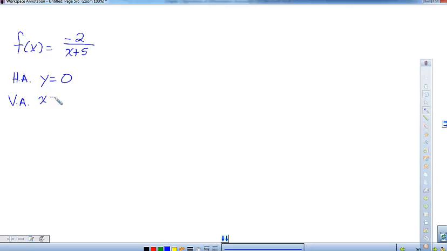Okay, x equals negative 5. If we set the denominator equal to 0, it's already simplified. So when we set our denominator equal to 0, we get x equals negative 5. So if we want to sketch that information in,